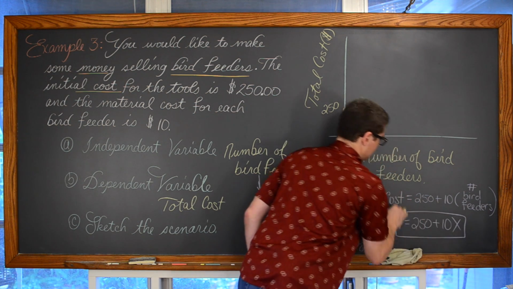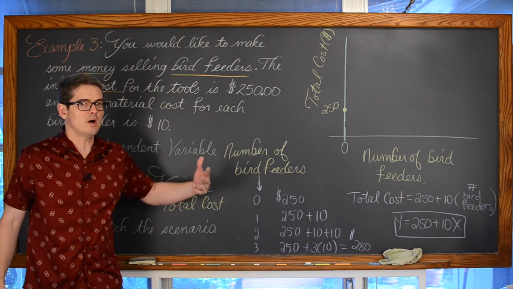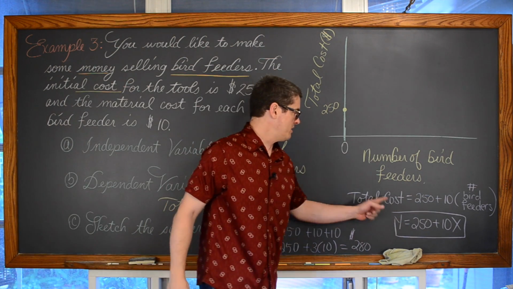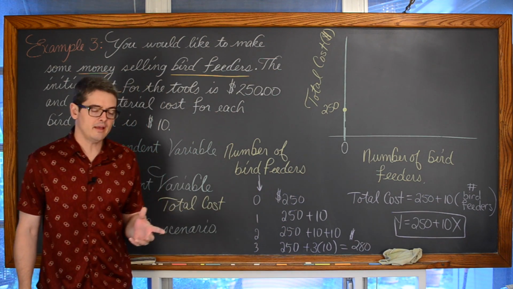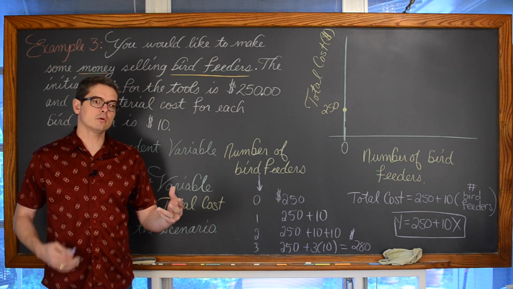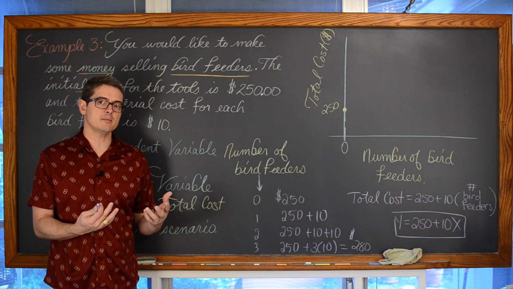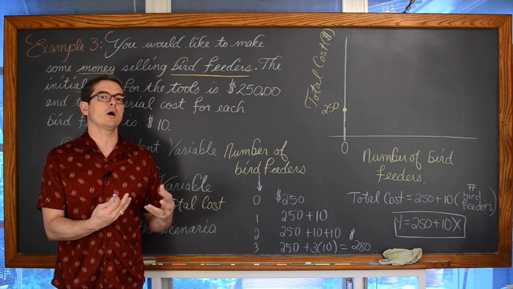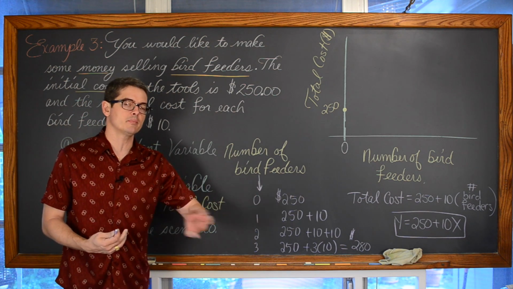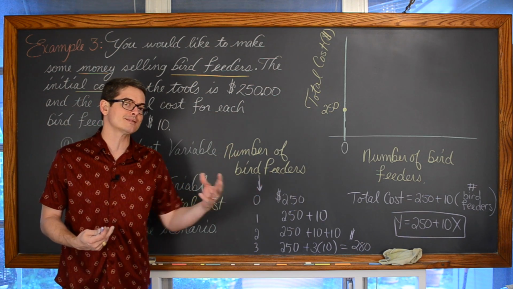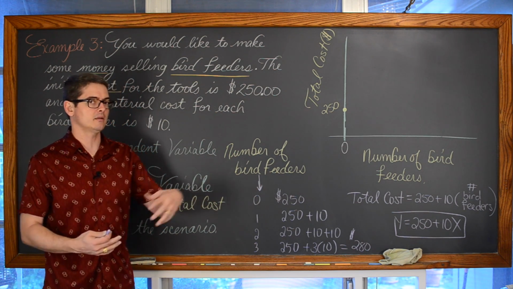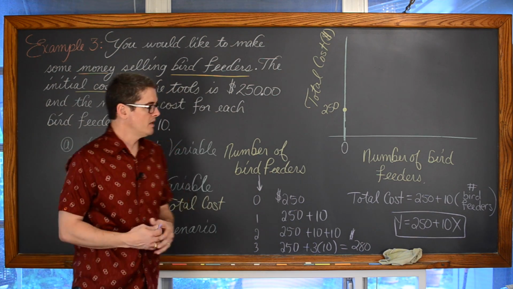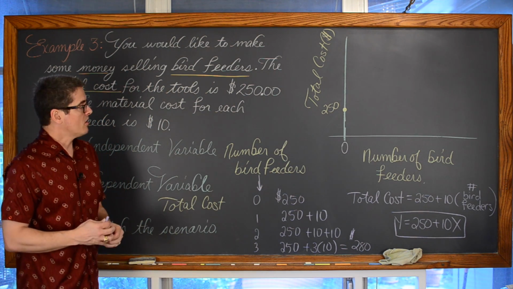And then you look at that and you're like, x's and y's, they don't get that. Well, the y would be our total cost and the x would be the number of bird feeders. And by the way, I have an algebra lesson, I think there's like 4 or 6 examples, where we read word problems and just try to develop the equation that represents that setting. Because setting up word problems is really the most difficult part about them, and then the algebra, you'll probably learn, is the easier part of the question.